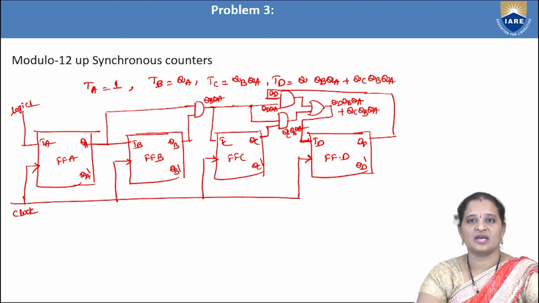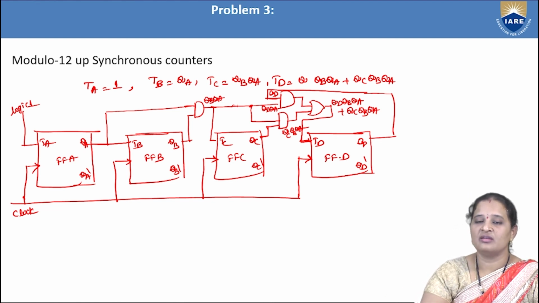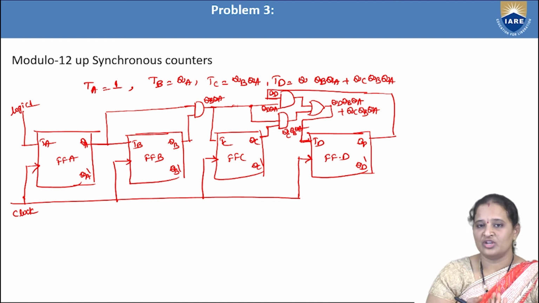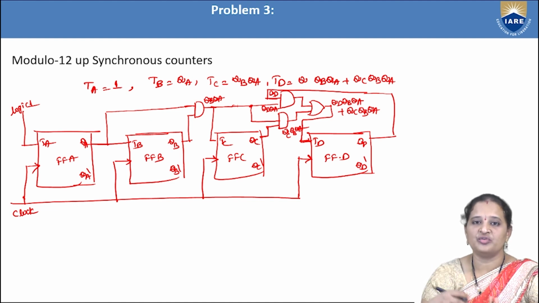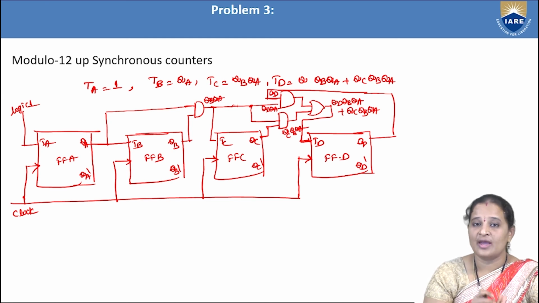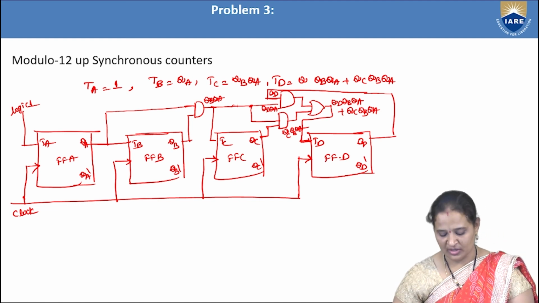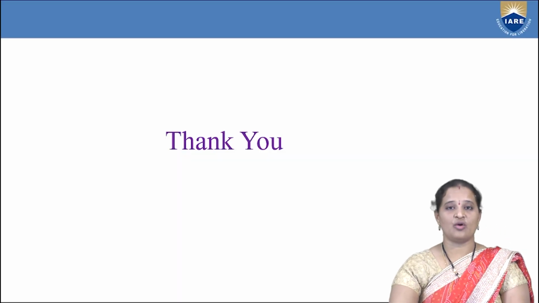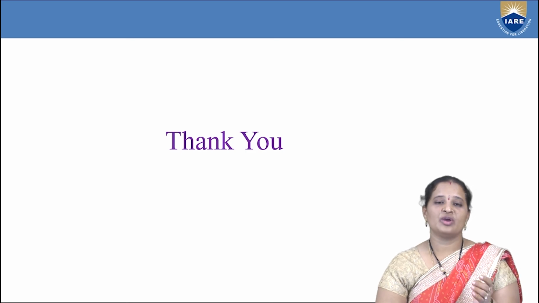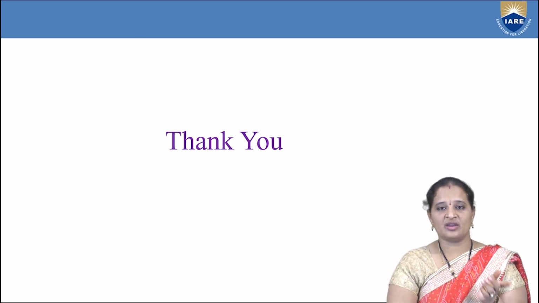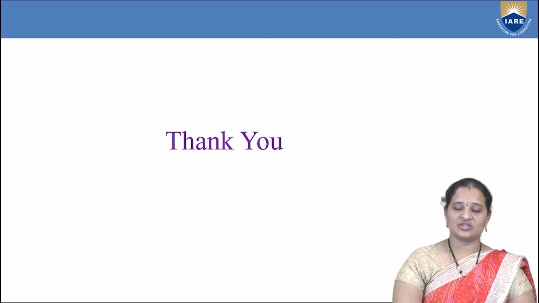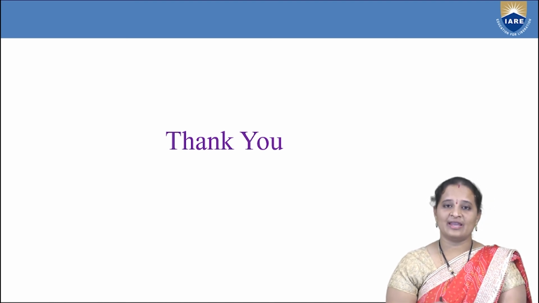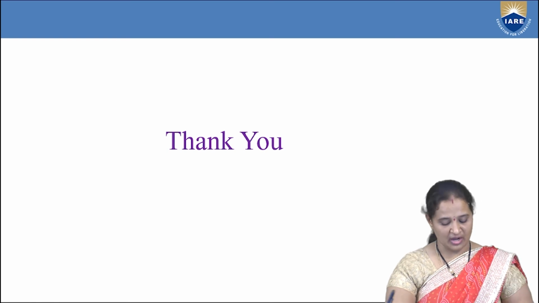Like that you can design any counter, even down counters also, where the state diagram will be changing, and based on the state diagram you will be deriving the excitation table, and based on the excitation table you will be deriving the expressions for the inputs of the flip-flops which we are using. In order to design the synchronous counter, first of all, we need to have the condition that 2 power n must be greater than or equal to N, where small n is the number of flip-flops required and capital N is the number of states that a counter can undergo.